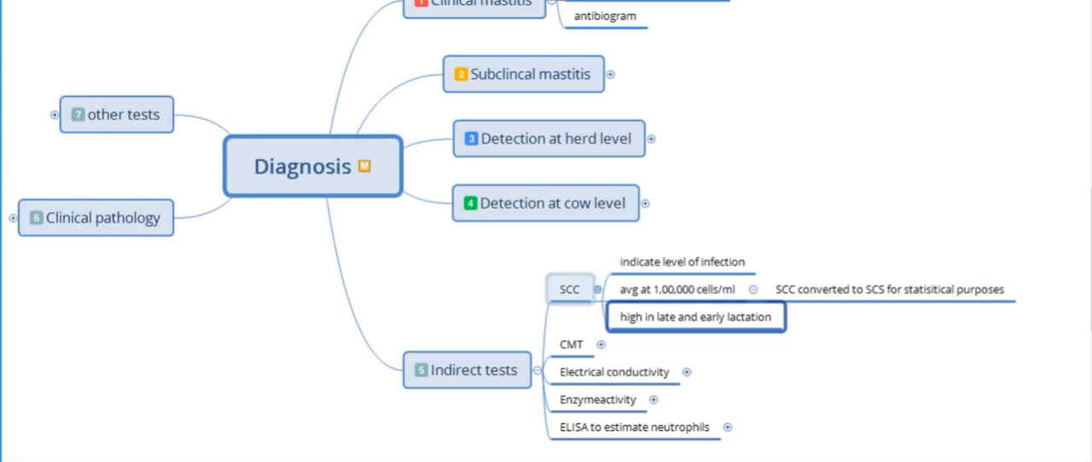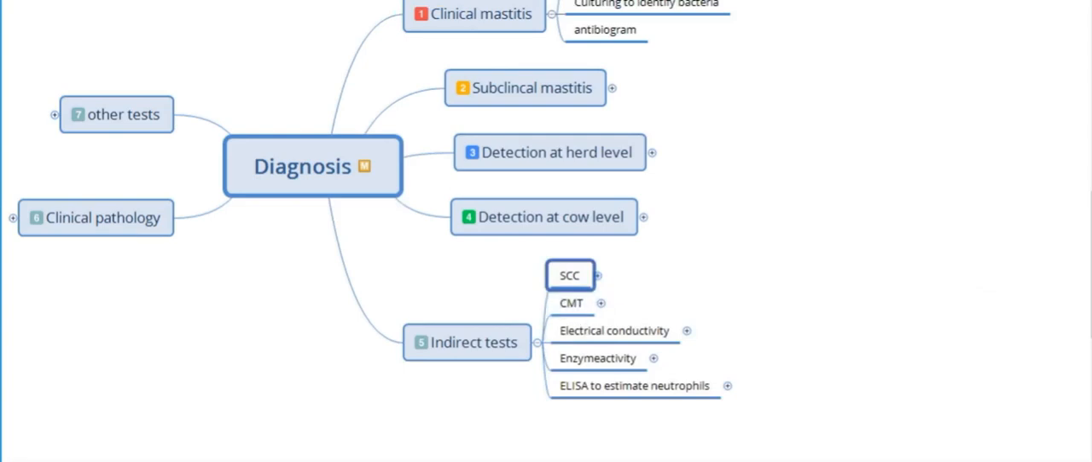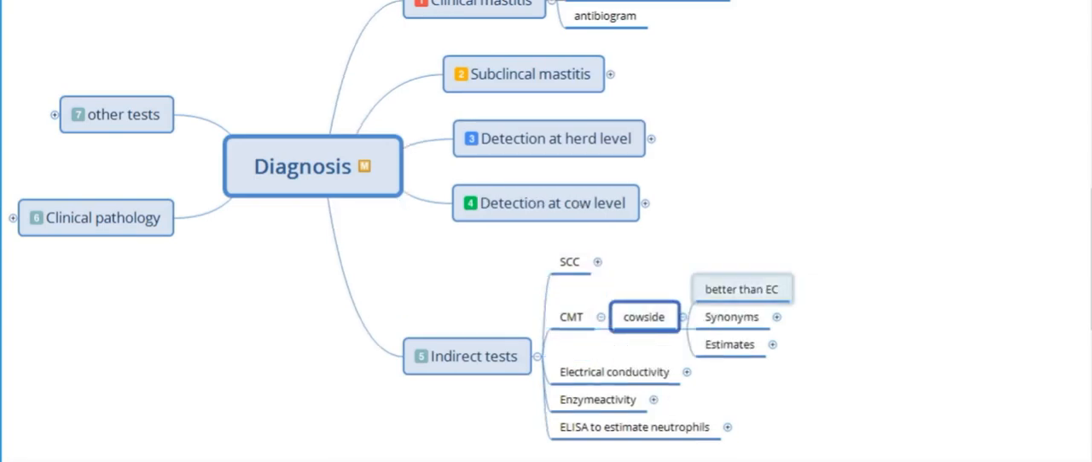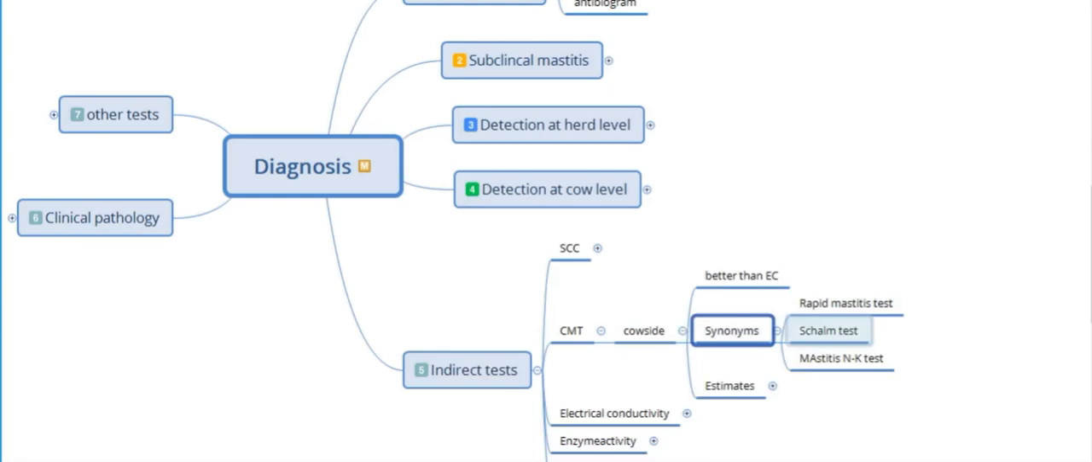California mastitis test is a very important cow side test that estimates the somatic cell count as well as the pH of the milk. As I told you, I hope I told you in the last class, in response to mastitis there will be a large amount of serum components flowing into the milk along with the diapedesis of neutrophils. So during a case of mastitis, both the pH and the somatic cell count will increase. The California mastitis test, which is also known as the rapid mastitis test, Sham test, because Sham and Nulander were the persons who developed this test, or mastitis NK test,